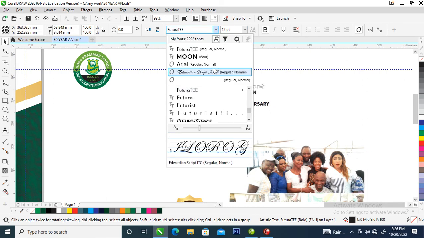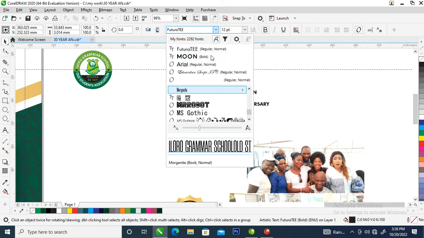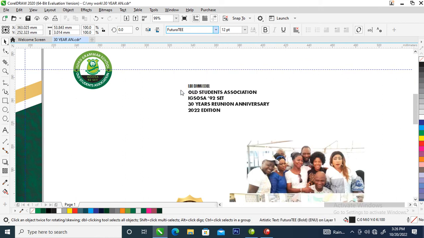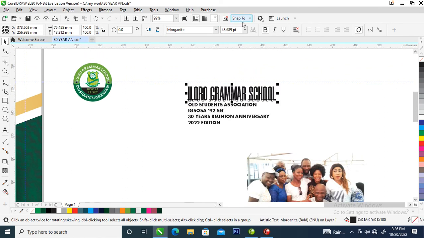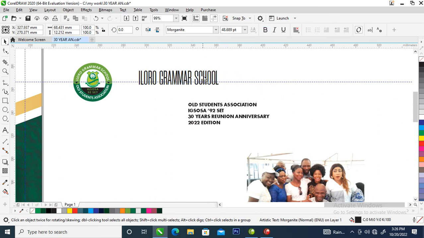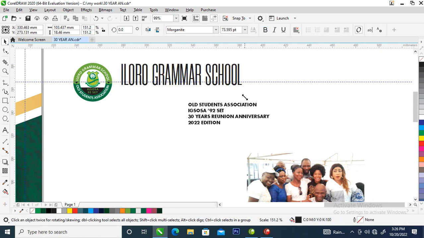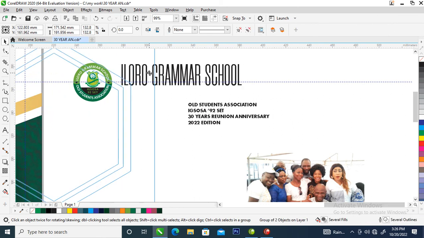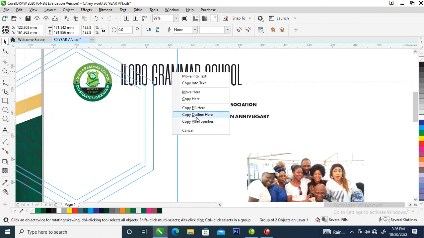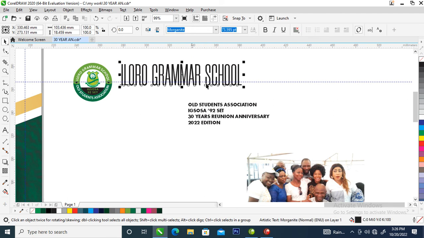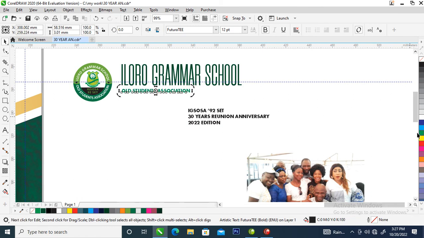Change this to, let's use Morgan, the slimmest font ever, so make it bigger. So right now in this case, let's debold it, then position that so well. So let's change it to green, change it to green right here, then go over and position this, make that a lighter green, then make this